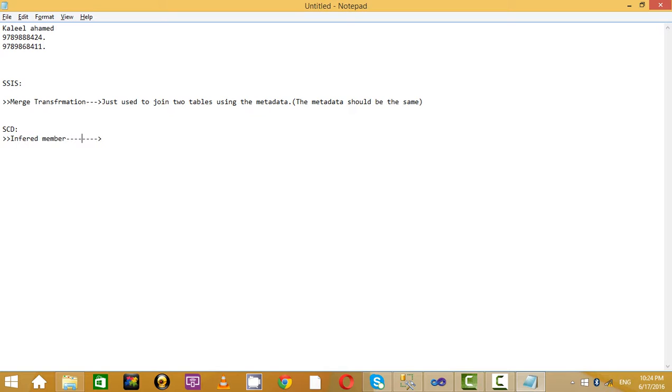Inferred member is a rare concept which we use, but to clear an SSIS interview, when you talk about SCD, slowly changing dimensions itself, you should say that you have worked on inferred member. It's a very rare topic, but in interviews you should aggressively tell that you have worked on inferred member. So the English meaning of inferred is